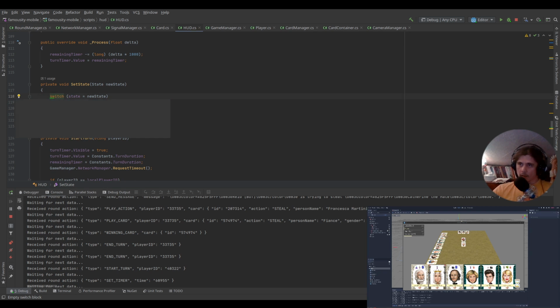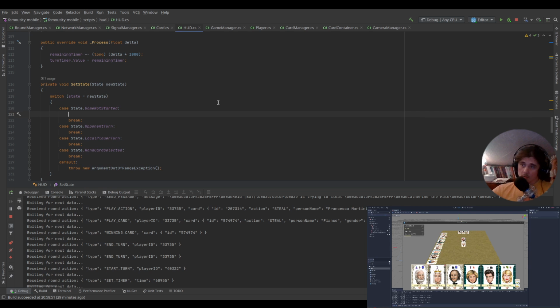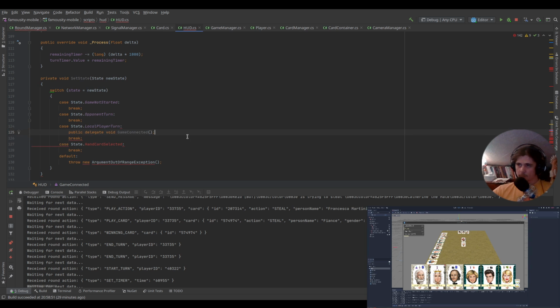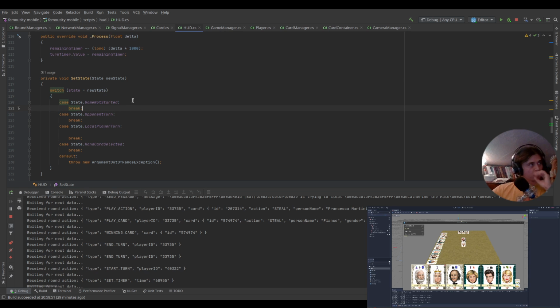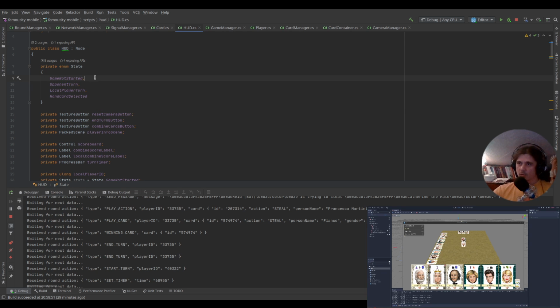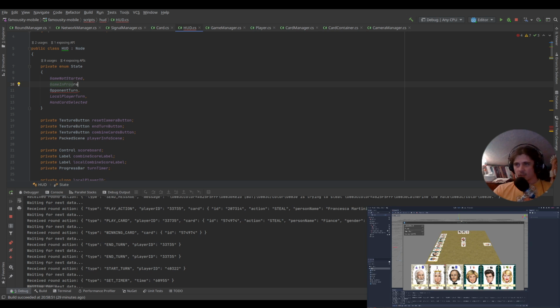And now we will handle all of the states in here. So in case of its local player turn, I will need one more state here because there is also game in progress. So this will be actually the state when it is between the local player and opponent player turns. So basically on the initialization,